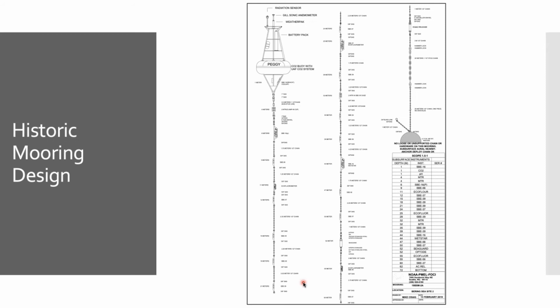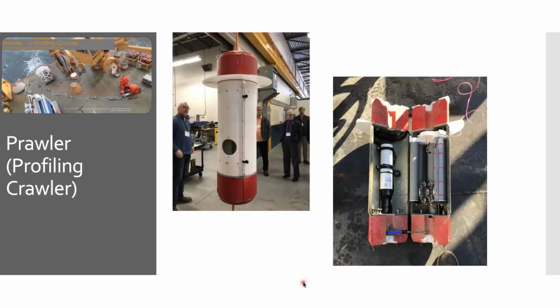Just wanted to give a quick glance here at just how complex our moorings can be from the diagram presented by engineering schematics. Jump forward here and talk briefly about the Prowler, this profiling crawler developed by engineering here, not specifically for EcoFoci, but we found a good use for it. And effectively what it is, a platform that will go up and down in the water column. It's wave driven. This is the platform itself.